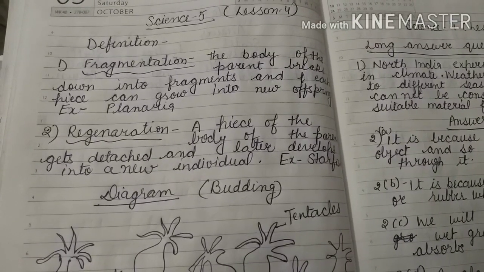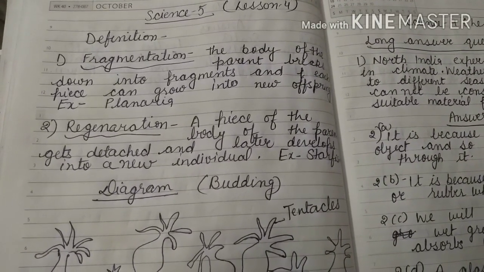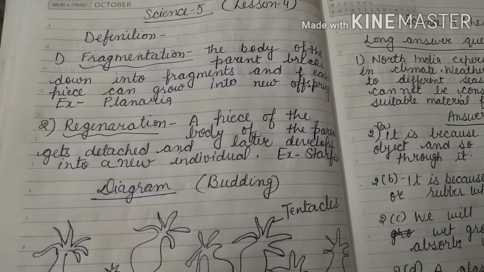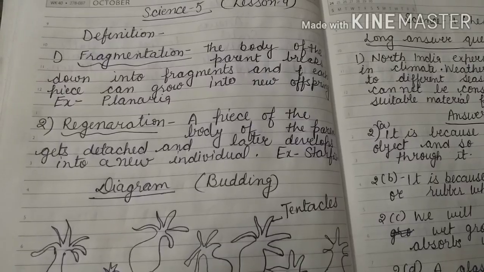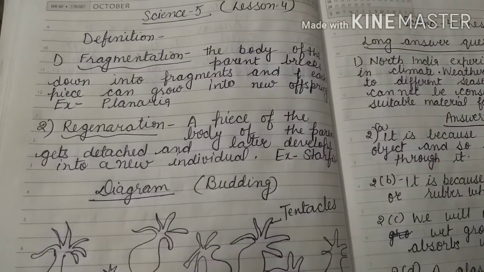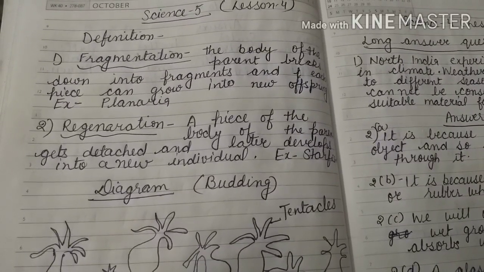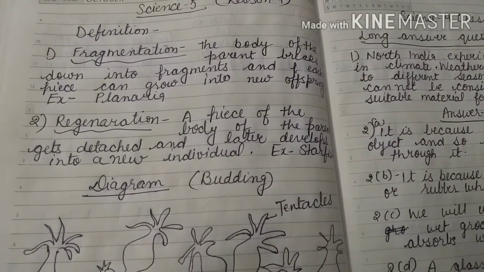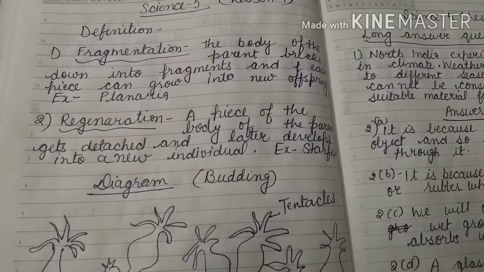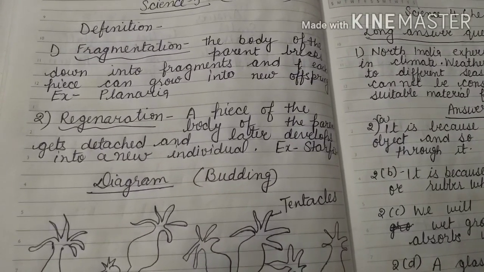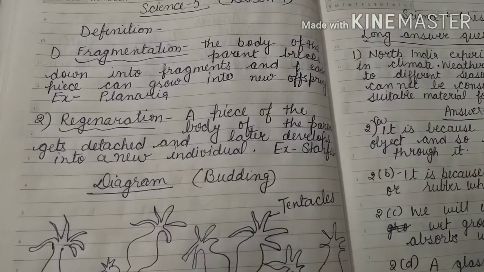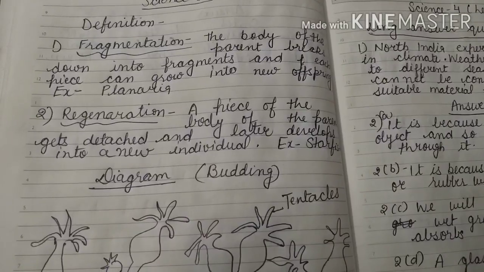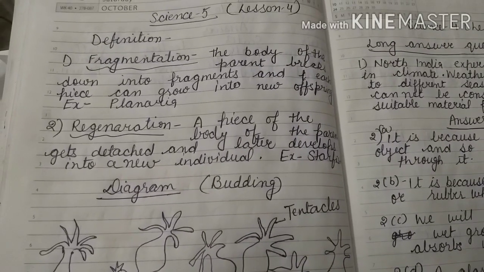And what is regeneration? A piece of the body of the parent gets detached and later develops into a new individual. Example, starfish. If any arm of a starfish breaks, that part can grow into a new animal. So we can say these are the